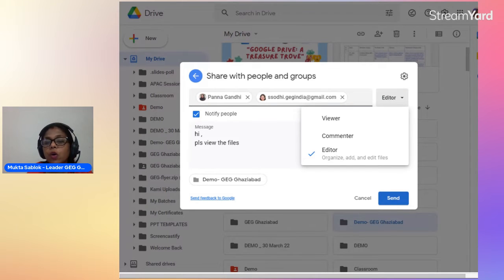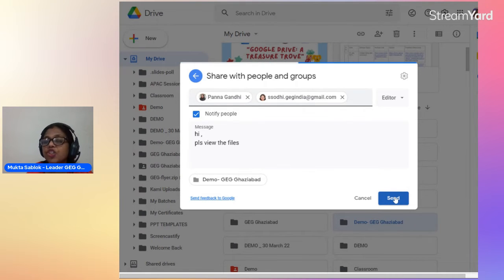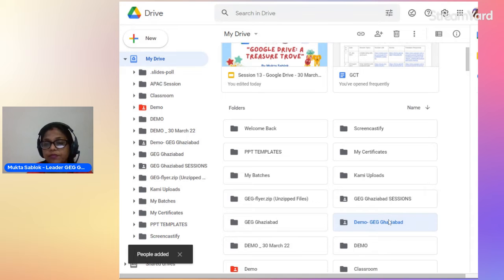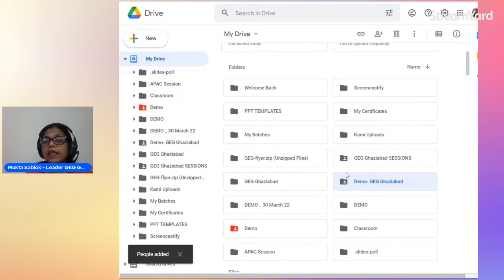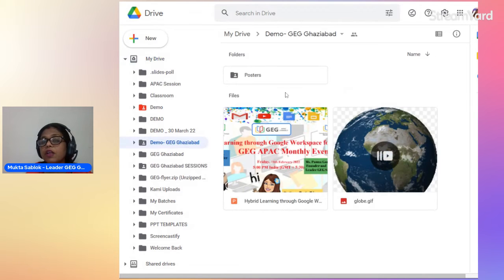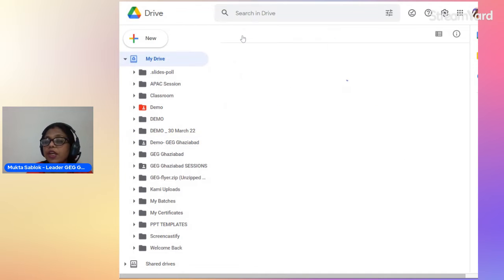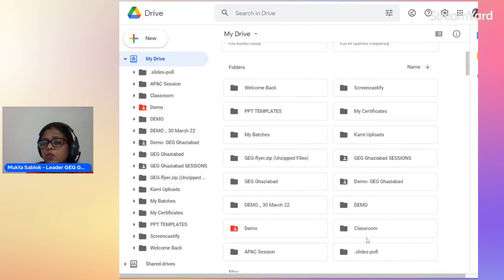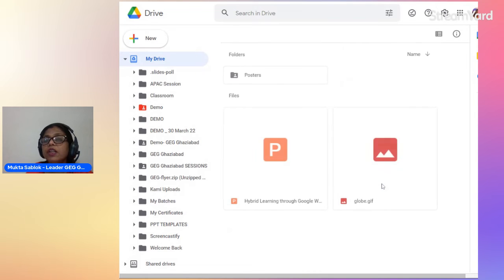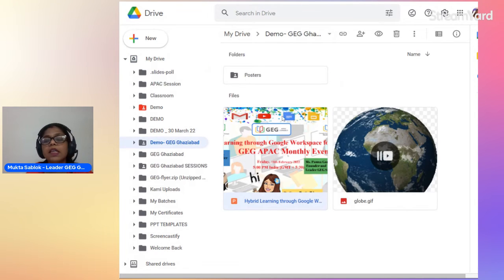Remember, I have shared the folder, so all the files inside that folder will be shared equally with the editing permission. This is the folder. This person symbol shows you that the folder is shared. And all the files inside these folders or subfolders will also be shared. Now, if I just want to share a single file, I do not want to share the full folder. I just want to share a single file. Let's suppose this presentation.